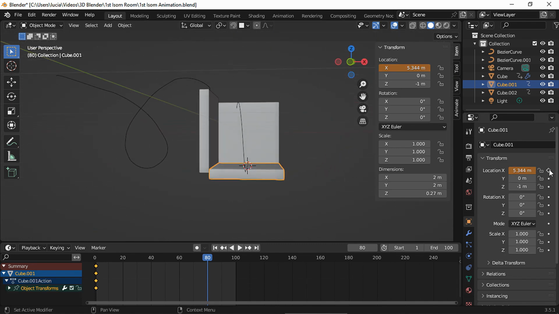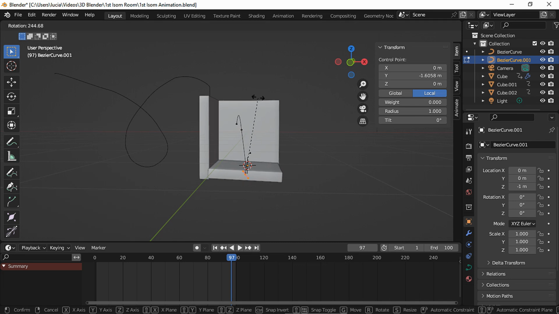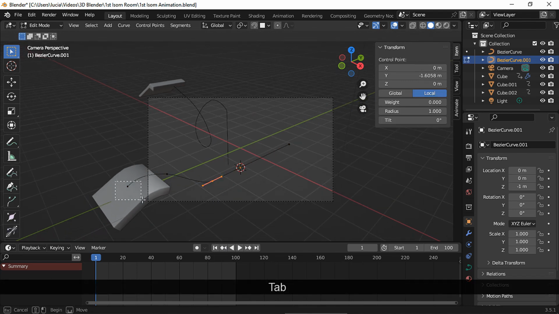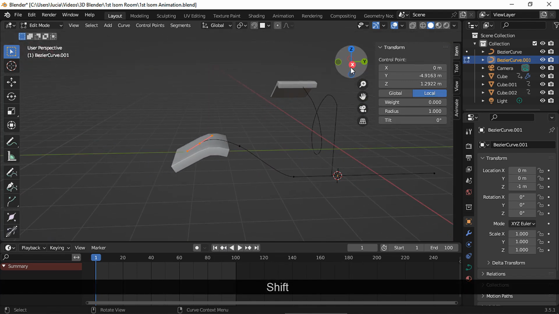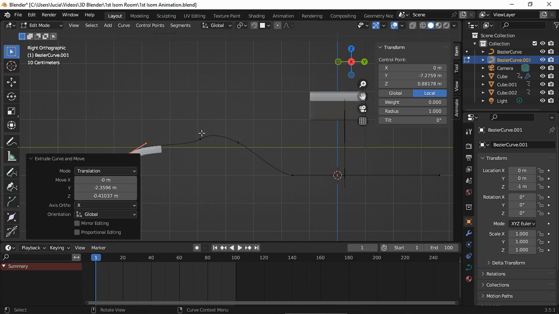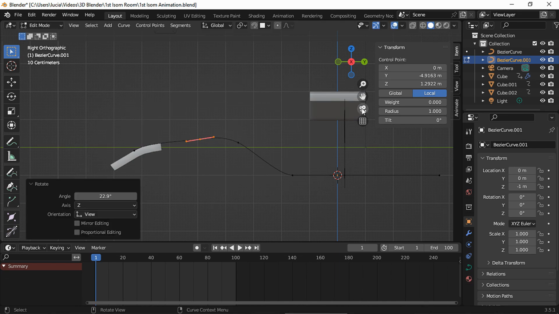And set a keyframe. If by any chance your floor looks crooked, there must be a control point that needs to be rotated. Let's go to camera view, and we need to extend this curve so the floor animation starts outside the frame. Let's see.